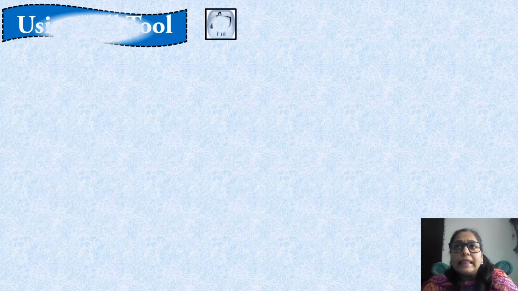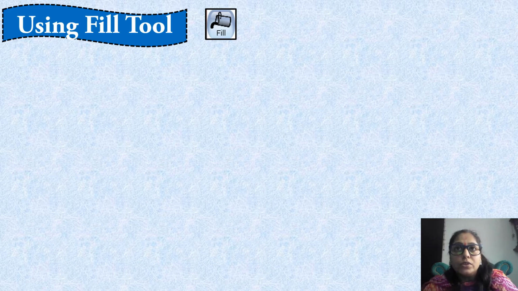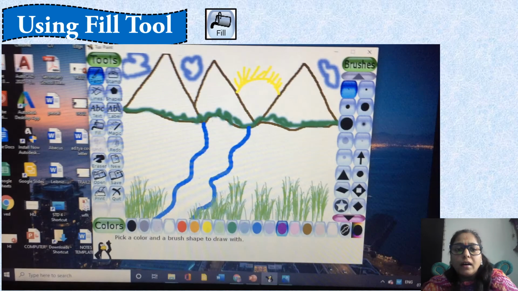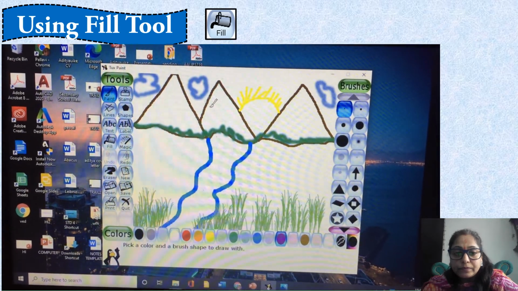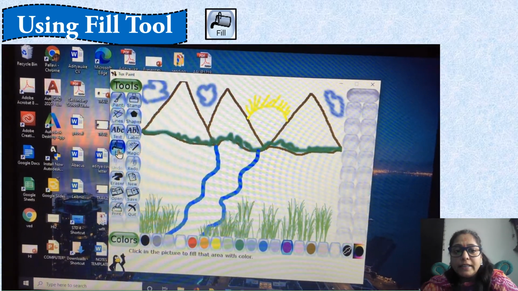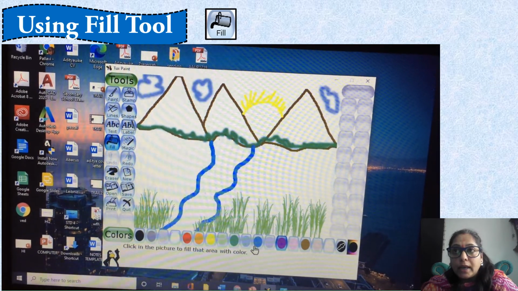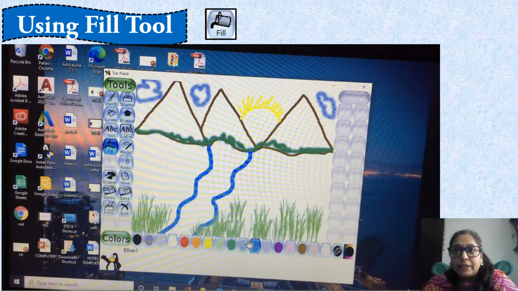Now students, let's see how we can use the fill effect. Here on the screen you can see our scenery picture, and in that we are going to fill color in the river and mountain. Select fill tool and choose blue color from the color palette.